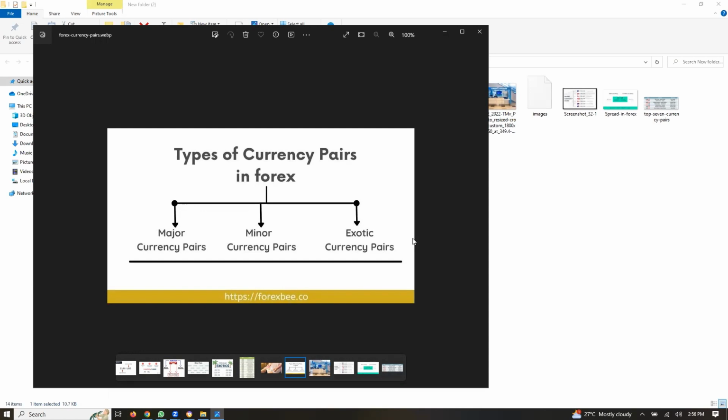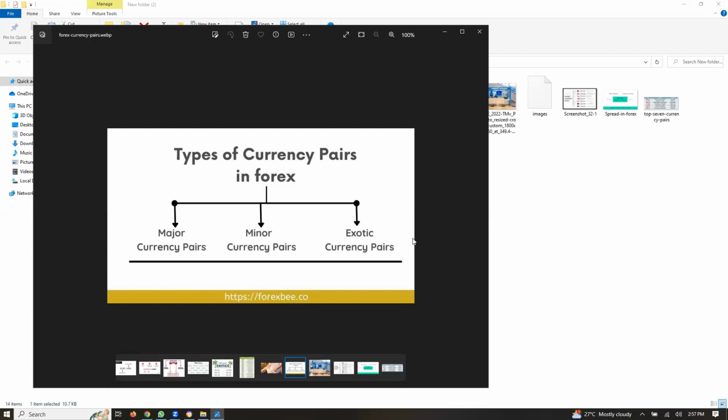So based on this pairing, we have what we call major pairs. Major pairs are pairs of currencies that are very strong in the financial market, from countries that have a stable economy. When you take those countries' currencies and pair them against each other, to know which one is stronger than the other, that's what we call the major pairing. With the majors, they take the stronger currencies and pair them against each other to know which one is stronger.